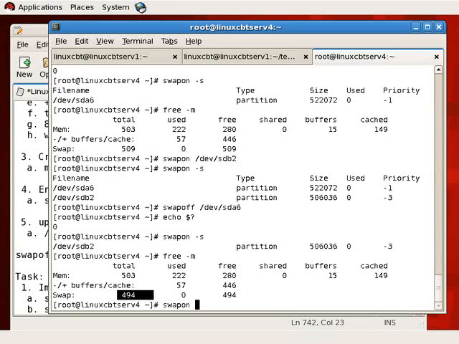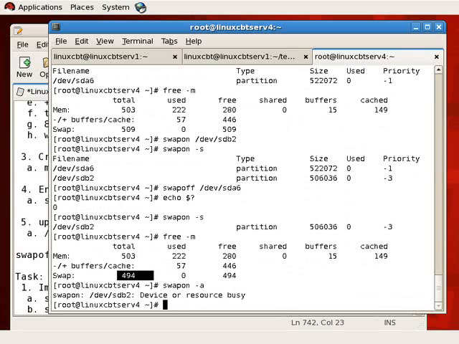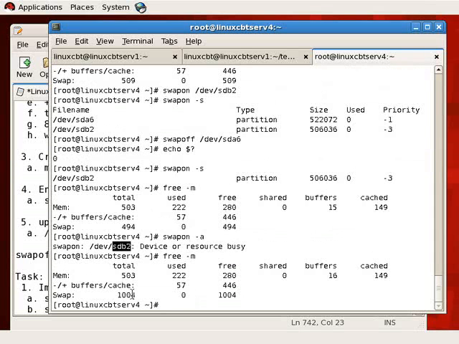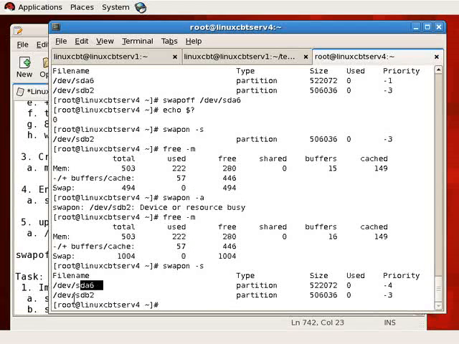Now back to swapon -a. If you execute swapon -a, it will attempt to turn on swapping on all devices. Notice an error is returned for sdb2 because it's already on. However, if we execute free -m, you'll see that we're back to where we were earlier, and that is, if we execute swapon -s, swapping on two devices, sda6 and sdb2. So let's swapoff /dev/sda6,